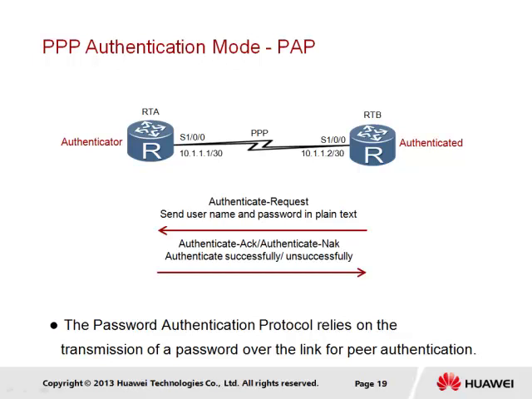We firstly take a look at the Password Authentication Protocol, or PAP as it's fondly known. PAP is basically an authentication protocol that operates based on a two-way handshake and will transmit passwords in plain text, which from a security point of view is not always the best choice for authenticating peers. We see as part of the example shown here the process that occurs during the authentication phase, where PAP has been negotiated as the authentication method of choice. Authentication is made up of an authenticator that is responsible for checking the username and password of the authenticated device, which in this case is RTB, against a local user table. The authenticator will send a response based on the result of the check that will either accept or reject the authentication request through the Authenticate ACK or Authenticate NACK packets.